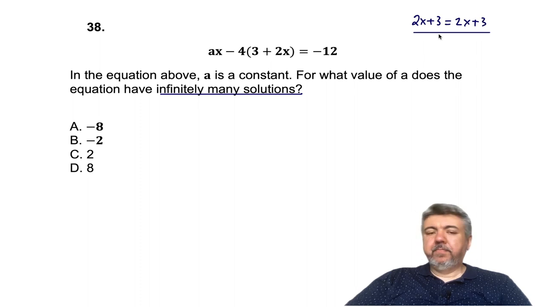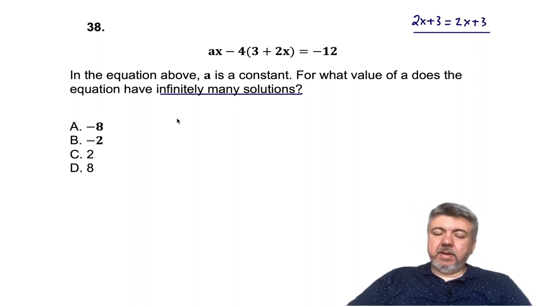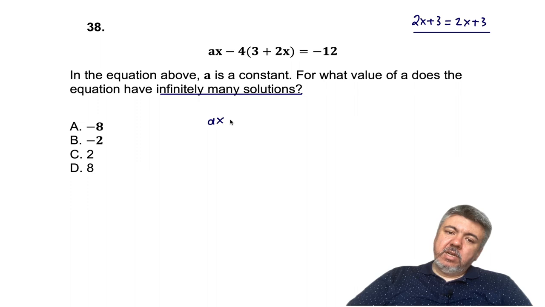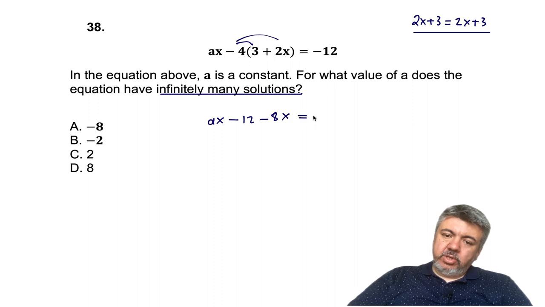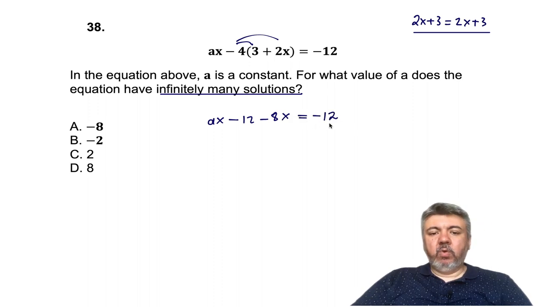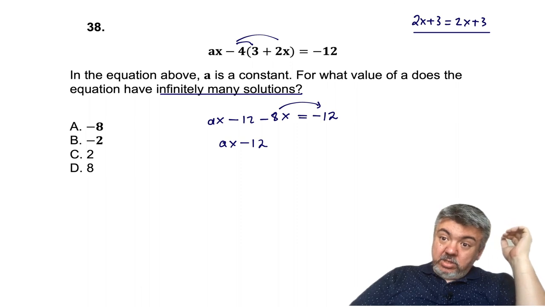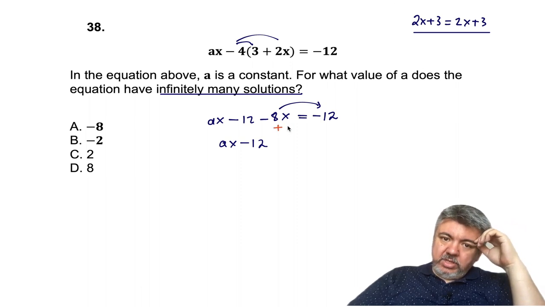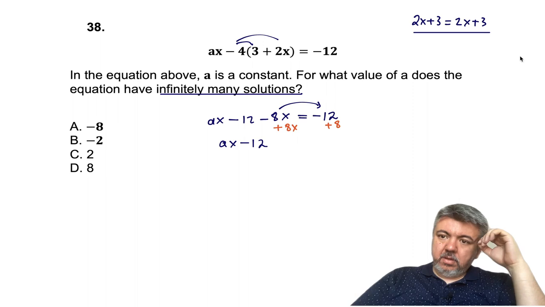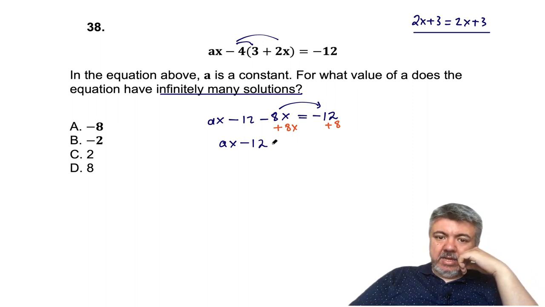Let's expand it. ax minus 12 minus 8x equals -12. ax minus 12 stays here. Add 8x to both sides. So it's going to be